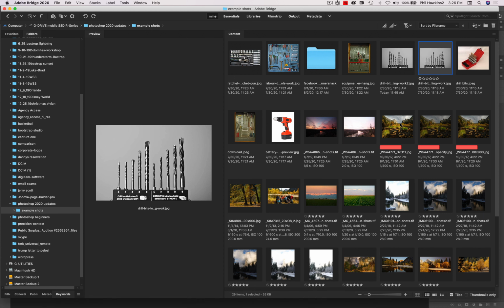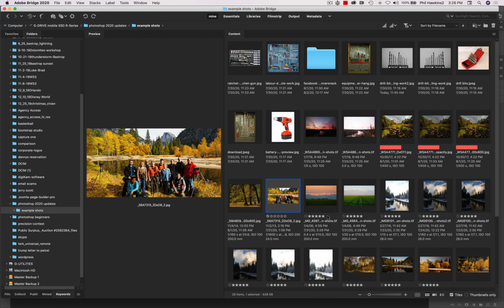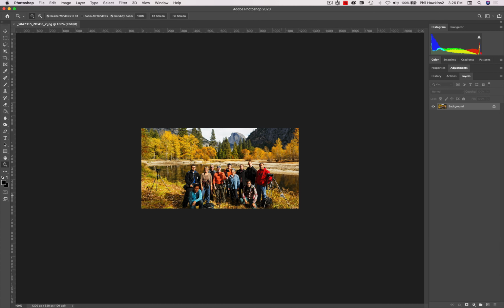Let's say we're going to open, which one do we want? Let's open a photo of my workshop students, and I'll double click on it, and here it is. Now, once the image opens, notice what happens on the histogram. Now, when you see the histogram look like this, you may want the 3 RGB colors divided like this, but